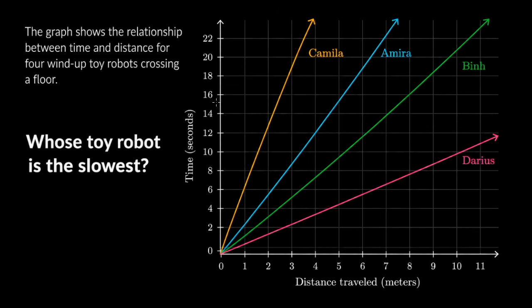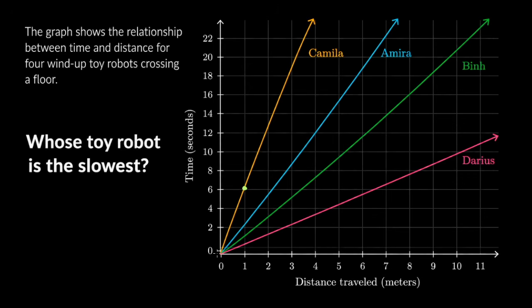So in the vertical axis, we have time in seconds. So that's, for example, this point right over here shows that Camilla's robot took 6 seconds to go 1 meter. The horizontal axis is meter right over here. So for any given distance in the horizontal axis, we can figure out how long it took to travel that